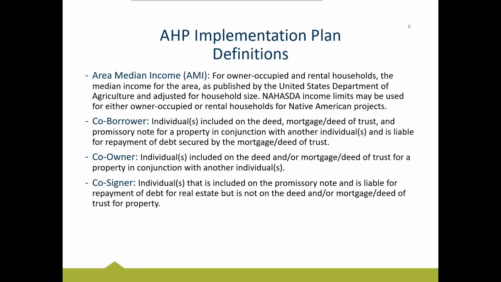Okay, a couple of definitions. I'm not going to read these verbatim, but these are directly from Exhibit E of the implementation plan. Again, that's Exhibit E as an elephant. The main things that I do want to point out here is in regards to area median income. So you have targeting requirements on your grant. So you will have committed in your application to certain targeting categories, such as 80% of the area median income and below, 50% of the area median income and below, and a certain number of units have to meet the categories that you've selected. When we're looking at income and AMI, we utilize the USDA income limits.